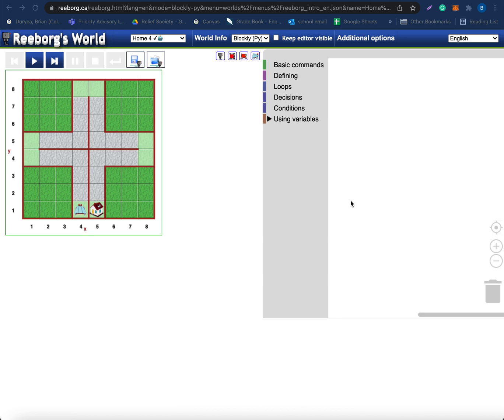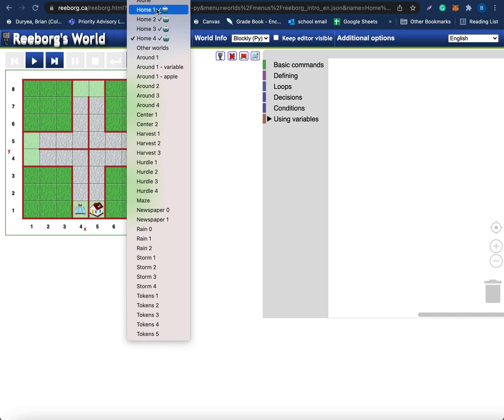The first four, if you didn't watch the introduction one and you don't know what Reeborg is, you'll probably want to go back and watch those. If you have done these or you have some experience with Reeborg and you know what we're doing, then we're going to do,